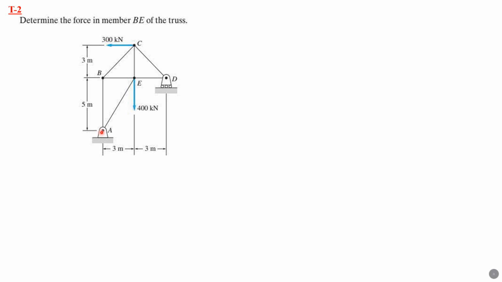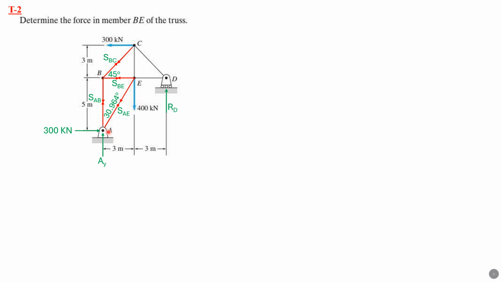So we need to compute reactions at A, component reactions at A. Designating the members, remember the principle is we always assume that the member is in tension. As shown here, the angle is 30.964 degrees. To compute this, inverse tangent of 3 divided by 5, so 30.964 degrees. Then at B also, that's the free body diagram. In solving for the stress in BE, we have to proceed to joint B.